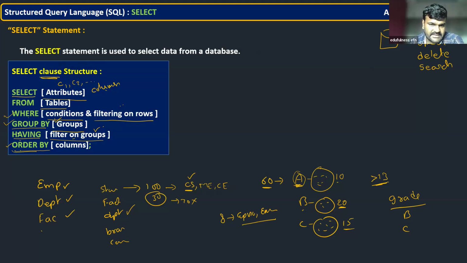Then you will write the queries perfectly. These 2 you must use in the query whenever you write one, and these 4 are optional. Whether they exist or not is not a problem. These 2 should be there. And you should follow the same order whenever you write a query. You should not write the from clause first and then the select clause, or write group by first and then the where clause. The compiler is going to throw an error. You should follow the same order.